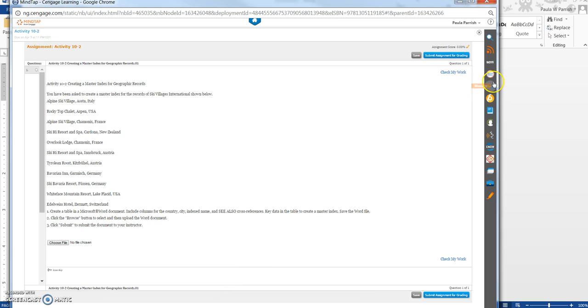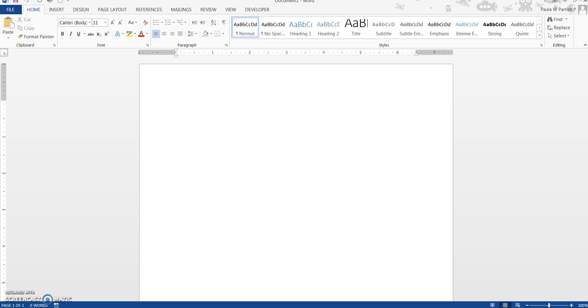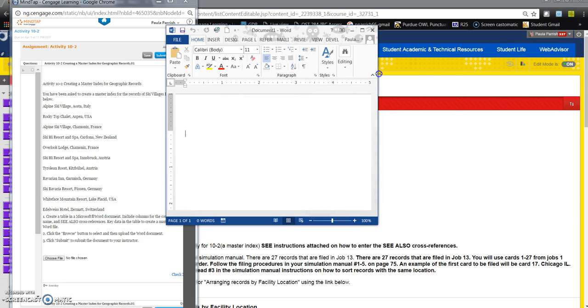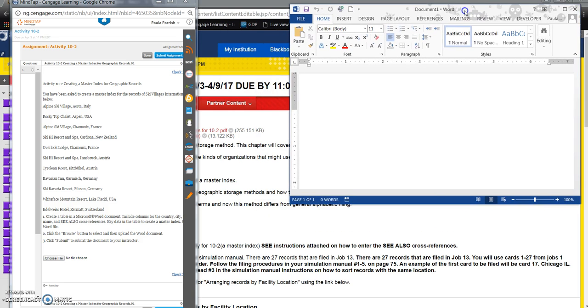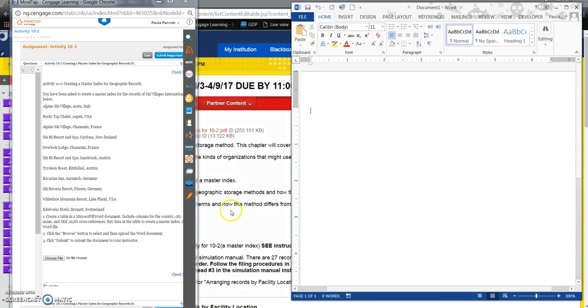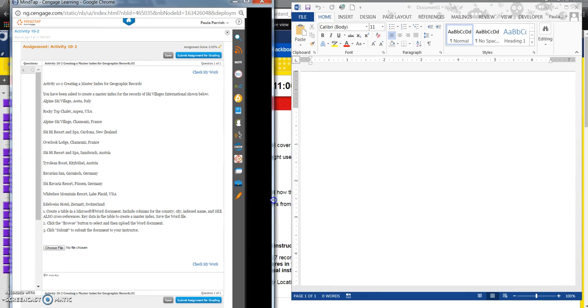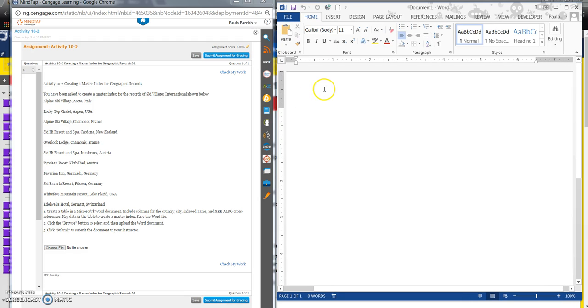So I've got my instructions here, and I've got my Word window here. I'm going to put them side by side so that I can work on it at the same time. So now I have this open, and our instructions are going to tell us that